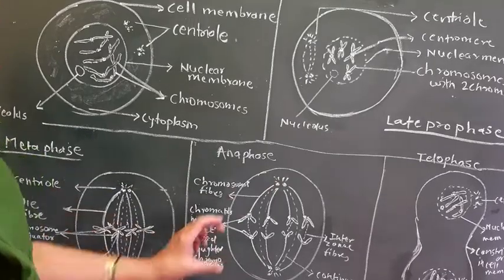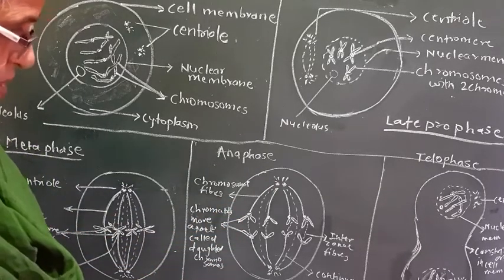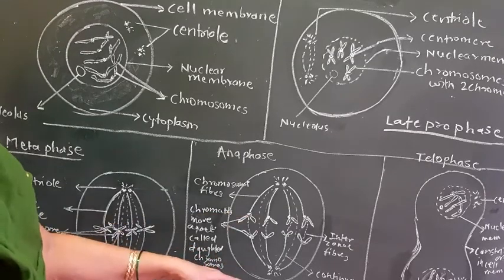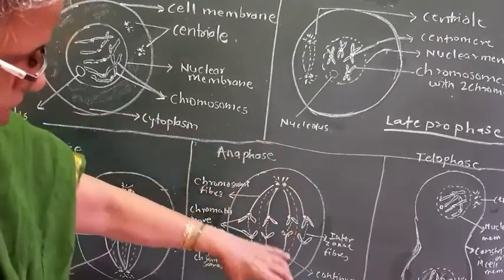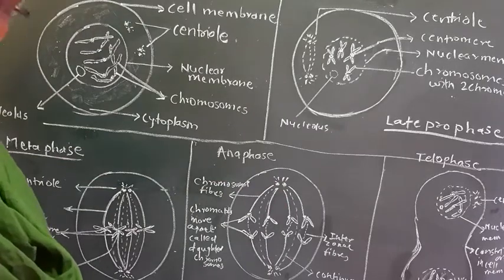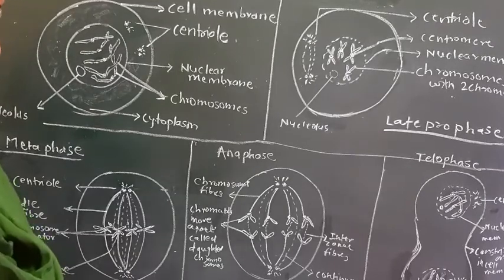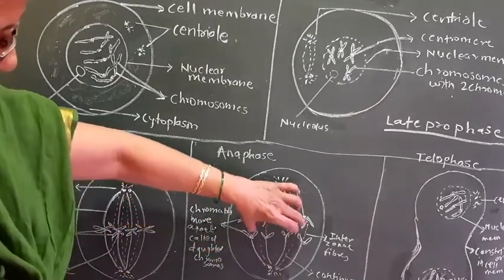Like that, they get pulled apart from each other, and after that, these separated sister chromatids are known as daughter chromosomes. One set will go on this side, another set will come on this side. So these are nothing but the daughter chromosomes which are formed at the poles of the cell, and these chromosomes, being pulled, look like a bunch of bananas. So these are pulled here, these are pulled here.